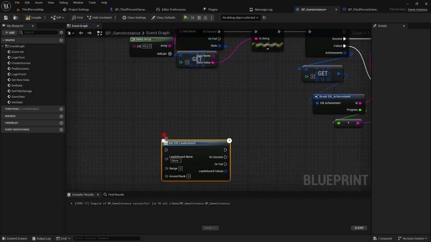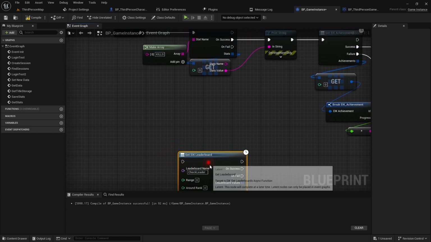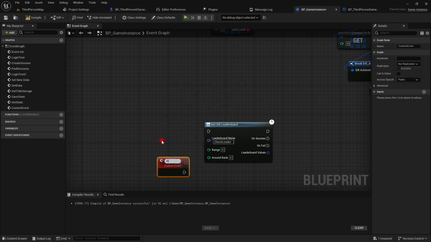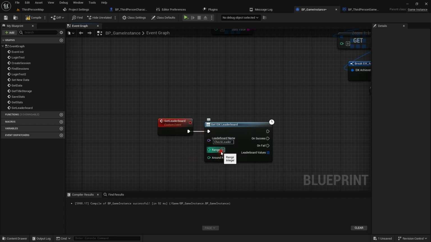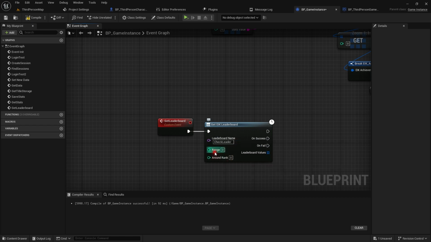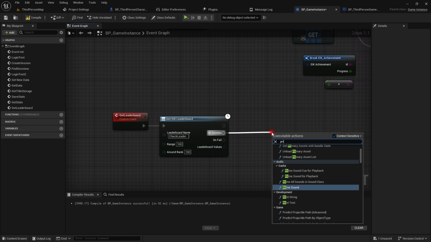Get EIK Leaderboard, pass in the leaderboard name and custom function Get Leaderboard. And around rank, basically you can pass in this around rank and the range. So like we need 100, and around rank you can make 100. So basically it will get from 0 to 100. And on a success